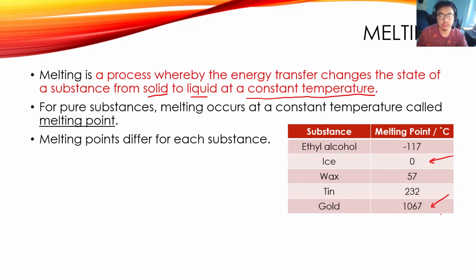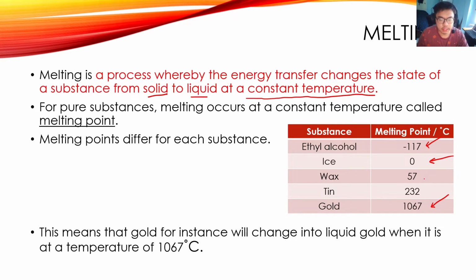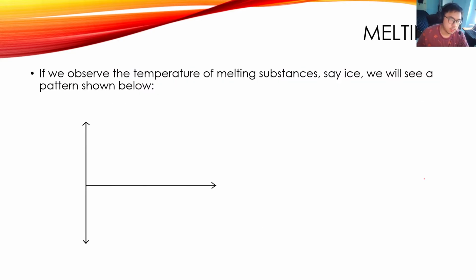So in other words, you need very high temperatures to melt gold. Alcohol, you don't need a high melting point to melt alcohol. This means that gold, for instance, will change into liquid gold when it is at a temperature of 1067 degrees Celsius. So if we observe the temperature of melting substances, let's take, for example, ice, we will see a pattern